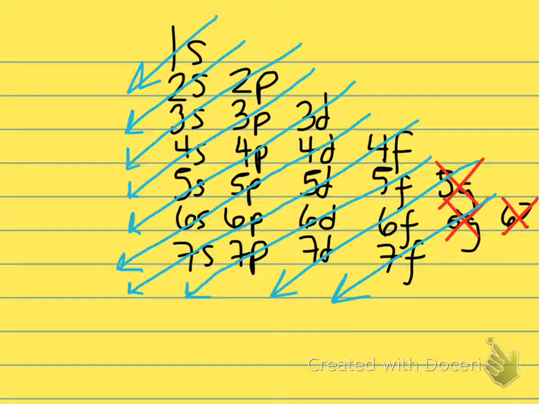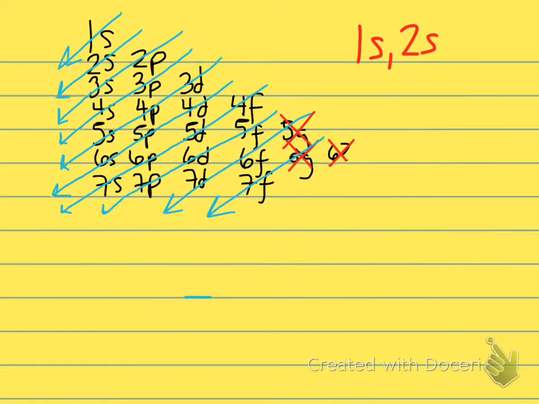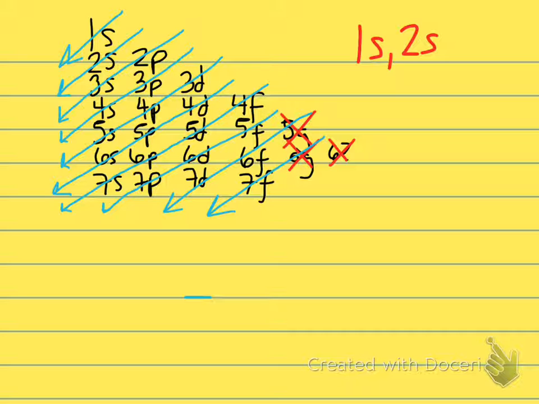So, I'll go to red for this. What's the first subshell to fill? 1s. What comes next? Follow your arrows. 2s. I'm going to shrink this and move it around a little bit. After 2s, what's the next subshell to fill? 2p. Then what? 3s. After 3s, we go to,